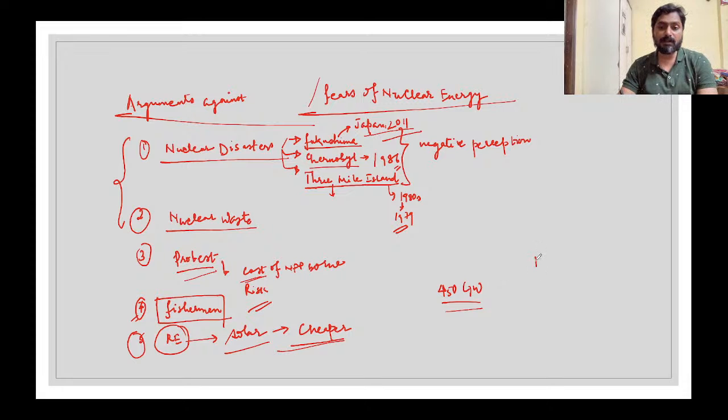If you look at the potential of solar energy in India, according to the National Institute of Solar Energy, around 748 gigawatts of electricity can be produced from solar energy itself. So people are arguing that if we can produce all of the energy requirement of India just by using solar, then what is the need for going for nuclear? Why take so much risk?